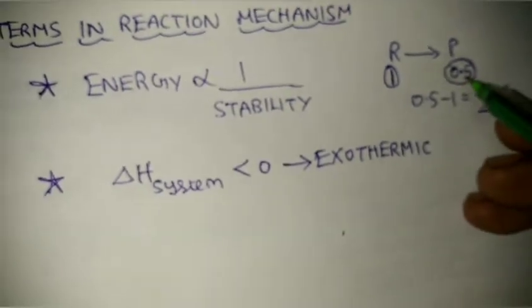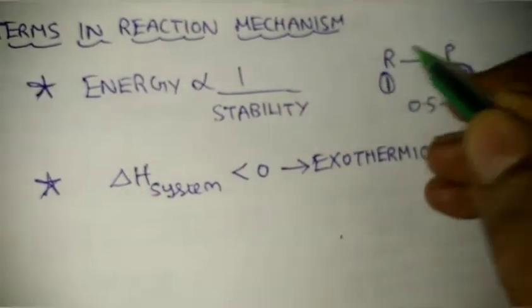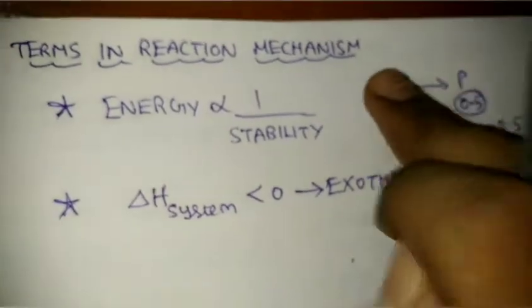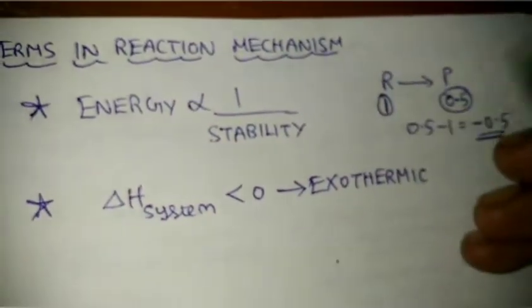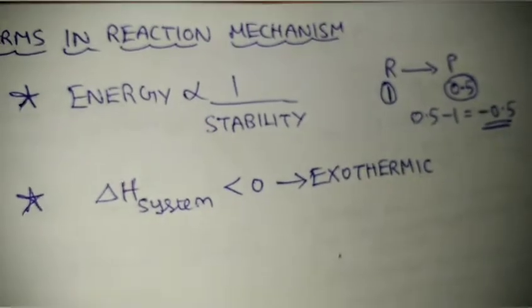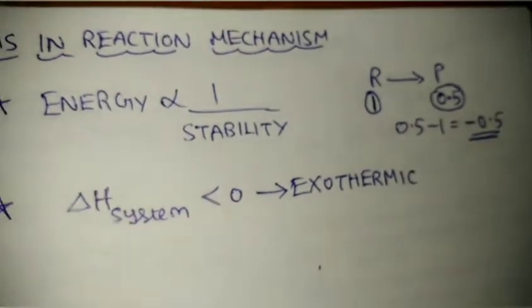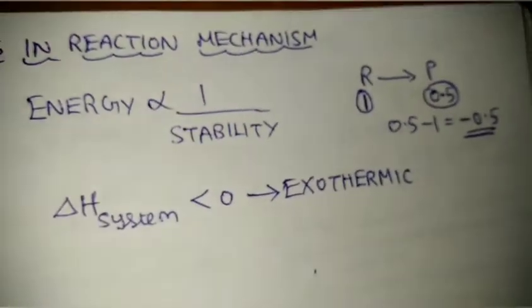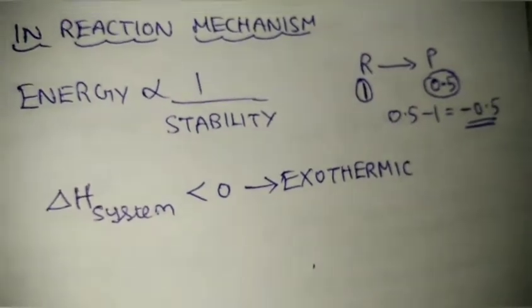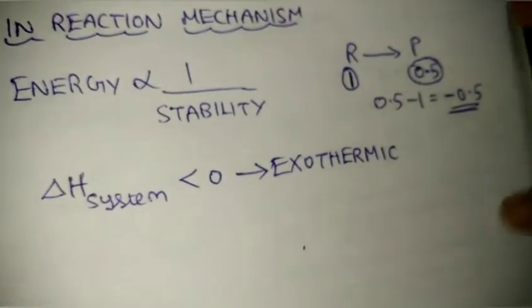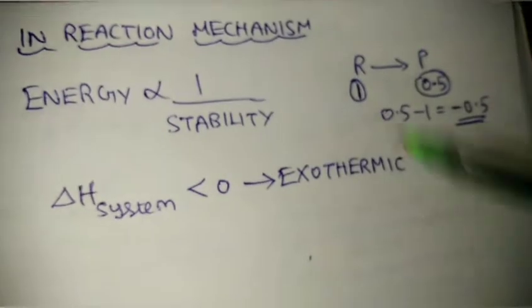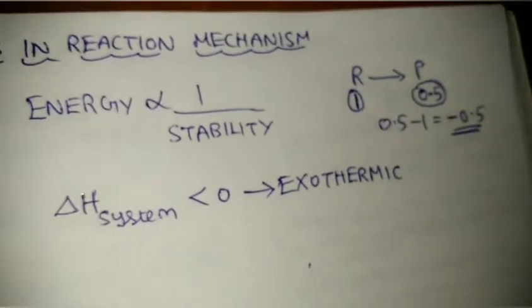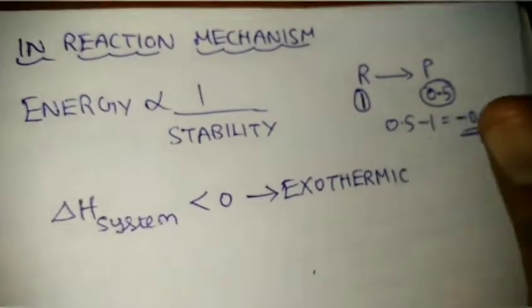Which means the energy is decreasing from the reactant to the product. The energy is getting decreased, and where does the remaining energy go? Of course, we cannot violate the law of energy conservation, right? Energy can neither be created nor be destroyed, okay? At least in our 12th standard discussion, up to our level, it is almost true only. Consider it as true only, okay?